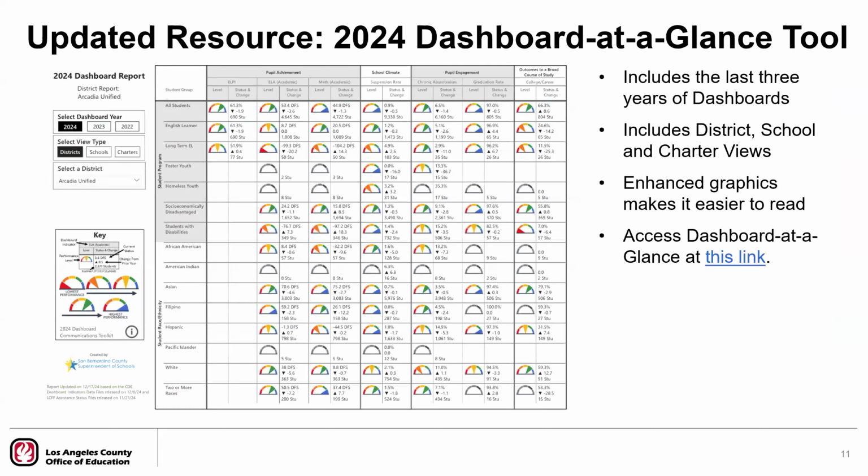Before we get started into the details, I just always want to share this great resource that our colleagues at the San Bernardino Superintendent of Schools Office have shared with us. We call it the dashboard at a glance, and it gives you, for the school level, which is particularly helpful for determining CSI or ATSI or helping to explain it to people, the ability to see all of your indicators for all your student groups at once, and we used it even for the identification of some samples within our presentation this morning. It actually includes 3 years worth of data, so you can go back to 2022 if you so wished, and if you're a charter school, they have charters separated out as well.